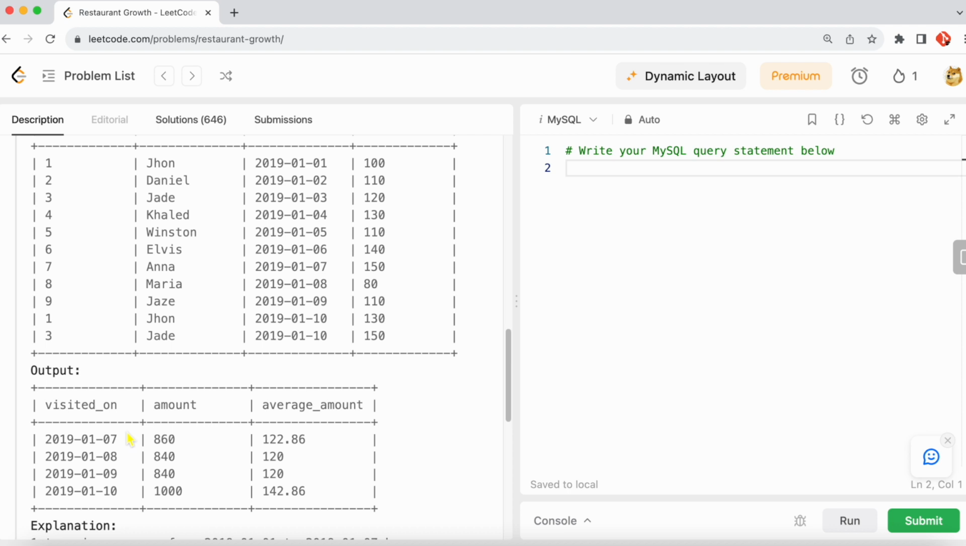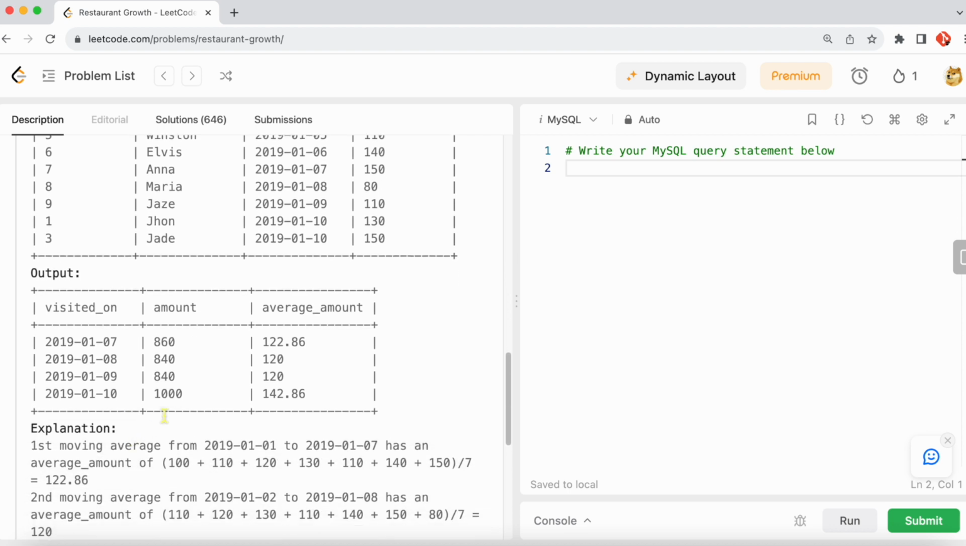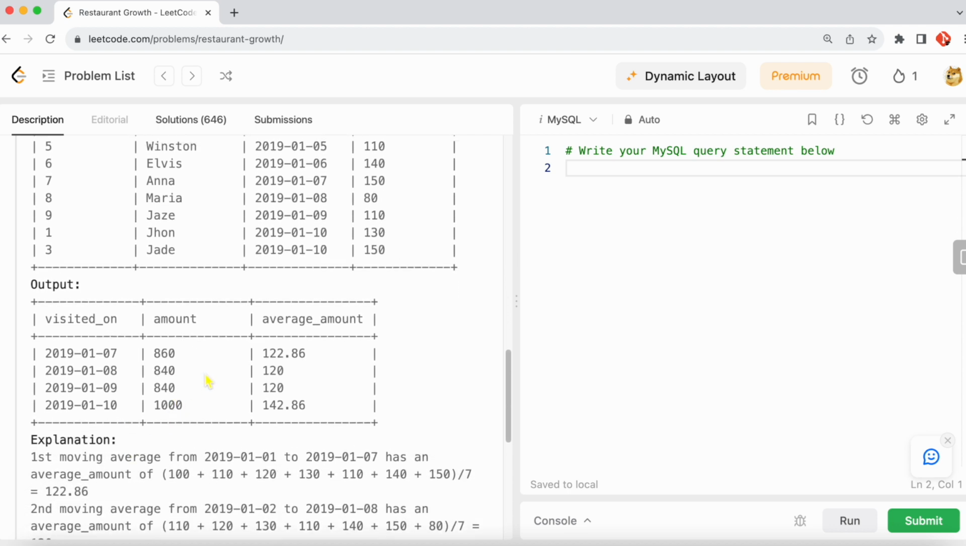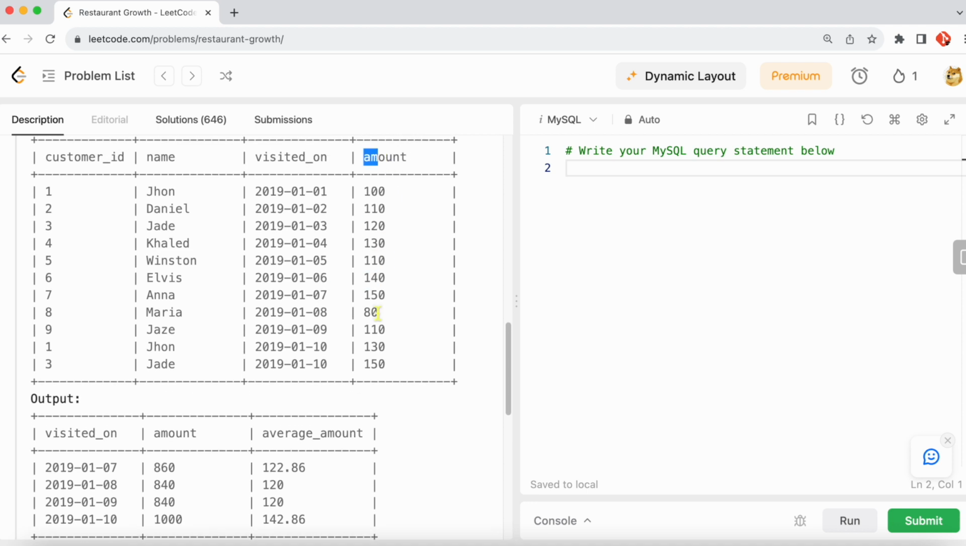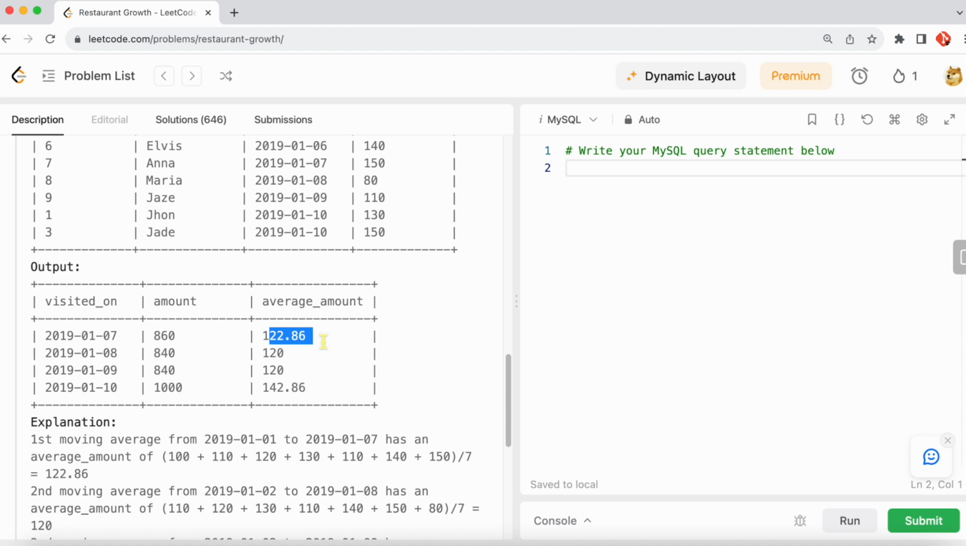And just to reiterate, we want to calculate the amount spent and the moving average. So for these dates, 07, 08, 09, and 10, we're going to get the sum of the amount column, and we're going to get the average from that 7-day range. The way I went about solving it was first figuring out, I first wanted to